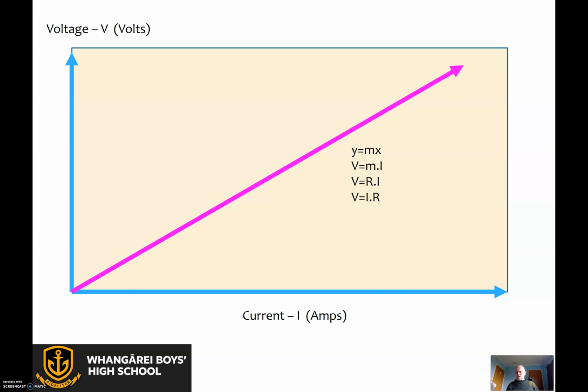Now let's look at another version of that formula. Switch it around. R is equal to V divided by I. Now that will give us a good way in to figure out the units for resistance, because the units on the left-hand side and the units on the right-hand side have to be the same. Otherwise the equation won't balance. On the right-hand side, it's volts per amp. So there has to be the same units on the other side too. And so the units for resistance are volts per amp,